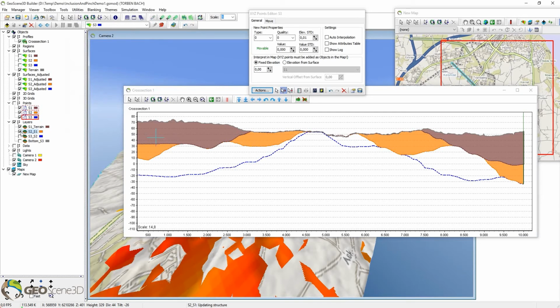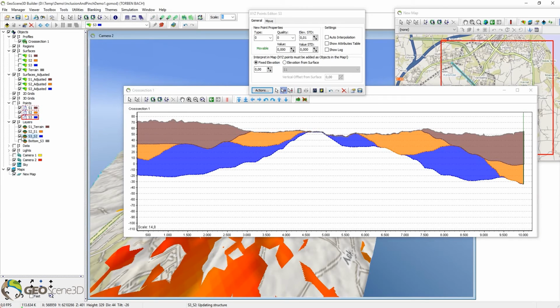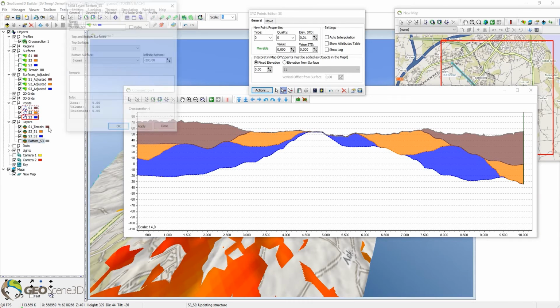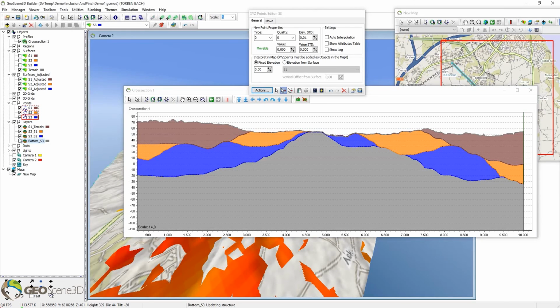And check it off. Okay, that's the one. And the next one. Surface 2 adjusted to surface 3 adjusted. Okay. Check it off. And then the last one. That's then surface 3 adjusted. And this is infinite bottom here. And check it off. So here you see we have pinch ins and pinch outs in Geoscene 3D.